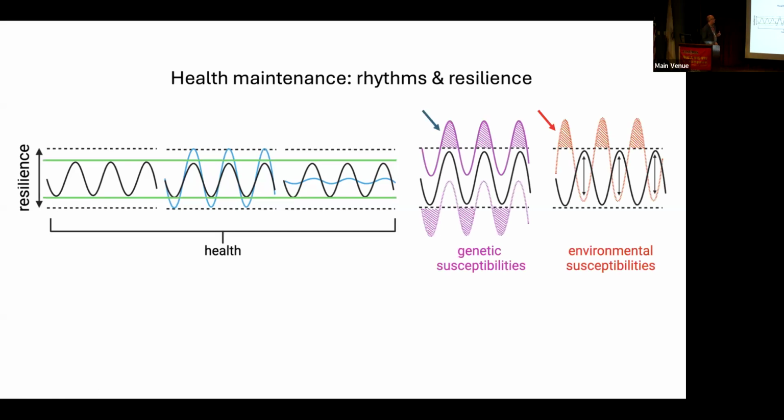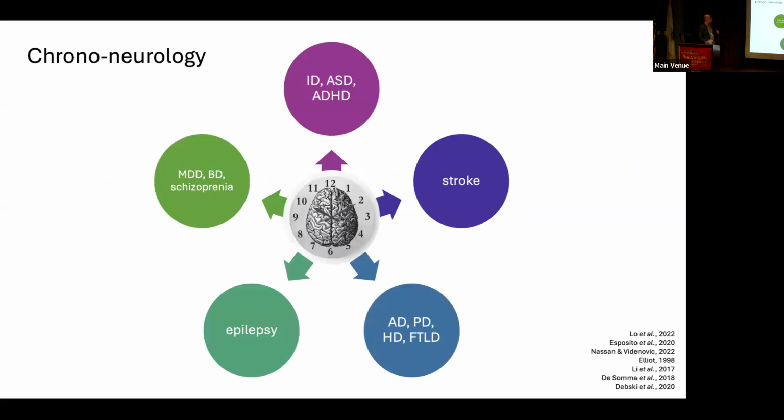Now, we can imagine where timing could be really important, for example, when the oscillator itself, or the timing of the oscillator, is shifted significantly. Suddenly there are particular times of day where that threshold is now dangerous. You're now outside of the resilience period, and you're now in a pathological period. And while there are not a lot of direct examples of this, there are some. And I think the important thing I wanted to raise here, I don't have time to get into all of it, is that